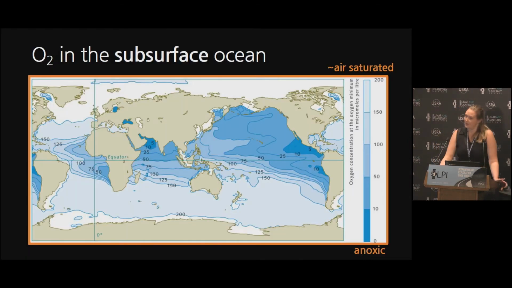Now, I don't want to give the impression that oxygen deficiency is restricted to special or unique environments on Earth today. This is actually something that occurs in the open ocean as well. So this is a map showing the minimum dissolved oxygen concentrations achieved in our ocean today. And so this isn't tied to a specific depth, but instead is a water column integrated minimum. And you can see that oxygen concentrations in our ocean range from roughly air saturated in the light colors to effectively anoxic in the darker blues.